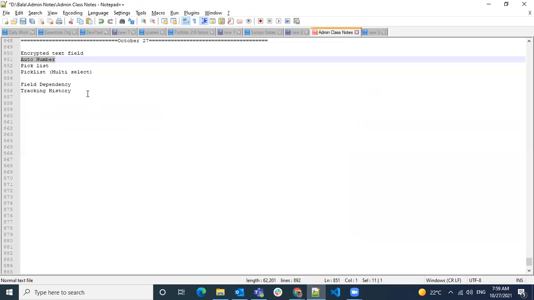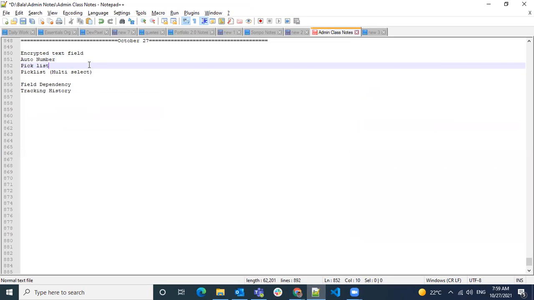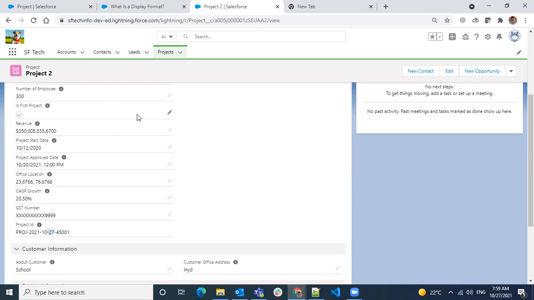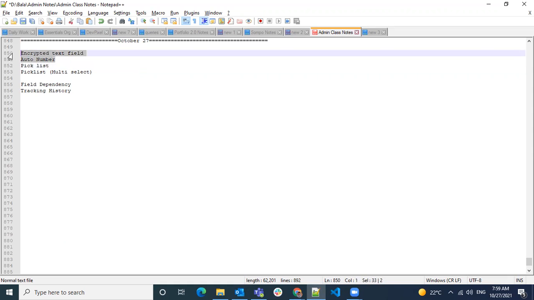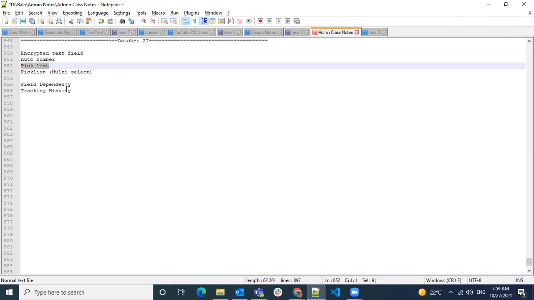So I'm going to give you an assignment: summarize all the fields that we can make an external ID. That's your task for tomorrow. We have already seen that when we're creating fields, for some of them we see the external ID as a checkbox. So tomorrow come up with a list of all the external ID enabled fields, meaning the fields for which we can enable an external ID. Okay, moving on.